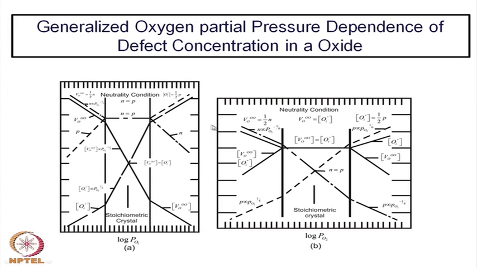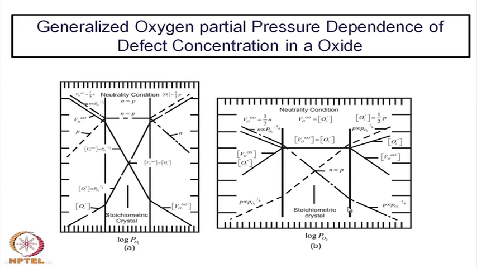In the middle range, you will see either it is an n equal to p neutrality condition, or we can follow this, particularly for the oxide ion conductors. This is a more suitable diagram, where in the intermediate partial pressure range one can see the neutrality condition is VO, that means oxygen vacancy, and oxygen interstitial. So, they become equal. So, it becomes a kind of stoichiometric oxide with anti-Frenkel defect. This is an anti-Frenkel defect kind of situation, and at a very high PO2,